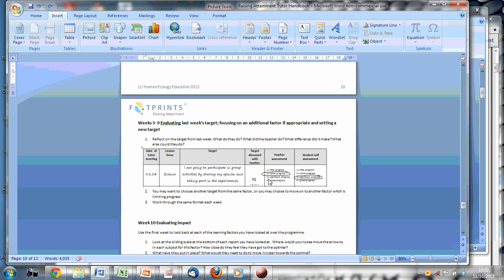and we're going to look at how the student discussed it with their teacher. The teacher has put their initials there to indicate they've had that conversation. The teacher has made an assessment that they felt the student made some progress in this case in terms of participating in group activities and sharing opinions. And the student felt that they made significant progress against that as well. So we begin our third coaching session with our tutee by reviewing the progress that they've made against the previous week's targets, and then we may want to choose another target from the same factor